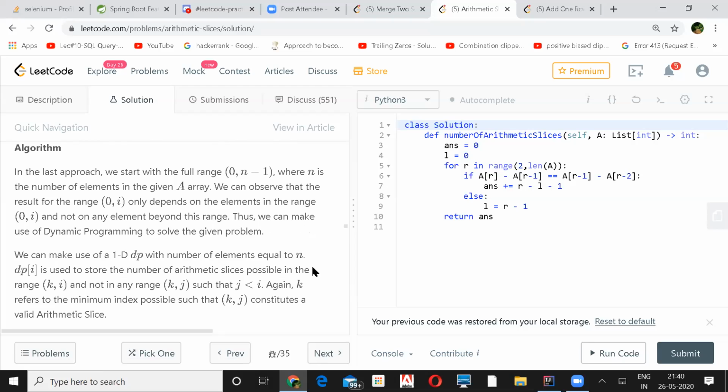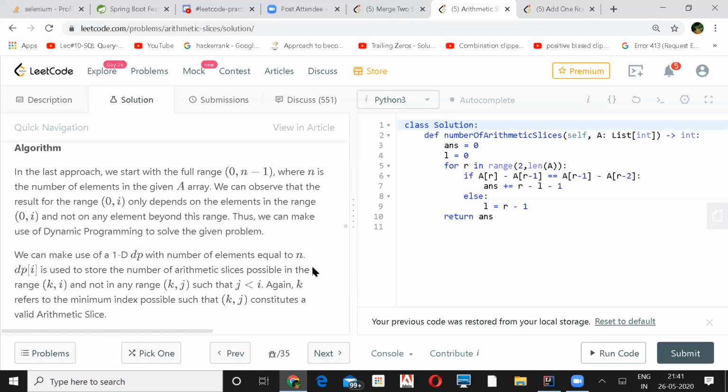You're talking about the fifth approach. Actually, what it says is you start with an array of the length of the input array, and then you start from the second index and compare the previous one and the next one. You see if the differences are the same. If so, you increment that DP index value by 1, looking at the previous DP element. Then you have a global variable called sum, and you keep adding the values of the current DP index.